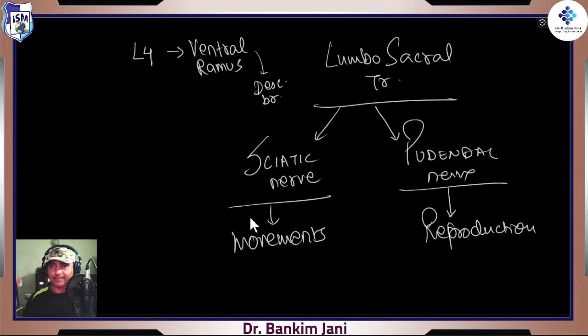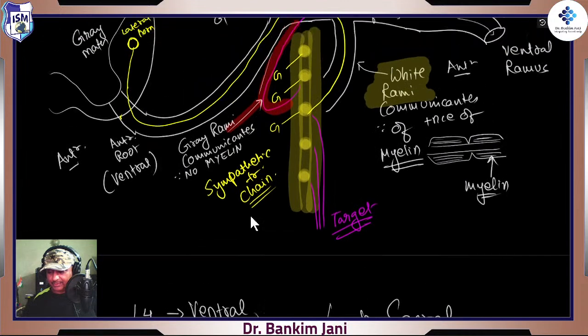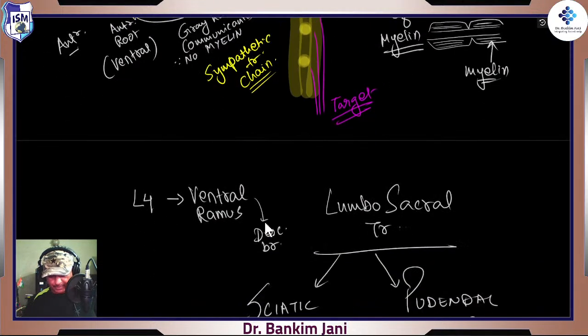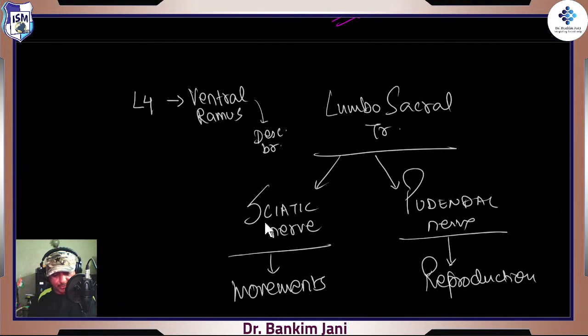We know what is ventral ramus, right? This one is ventral ramus. And then one branch which is going down. There would be others, but this one which is going down, that is the descending ramus, right? So that is descending ramus plus